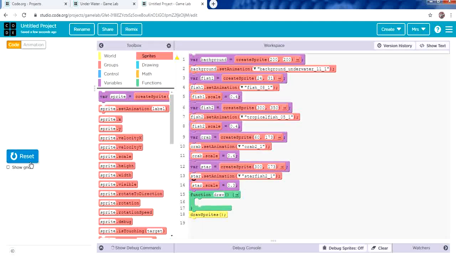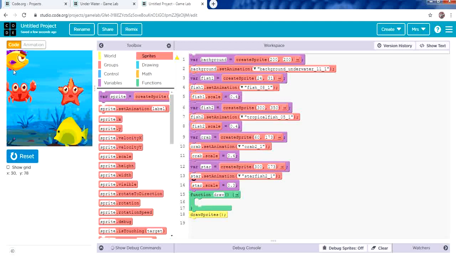Click run. Now we need to move the fish 1 from the left to the right. Moving from left to the right, meaning we are moving on the x-axis. Watch the value of x while I'm moving the mouse from the left to the right. Yes, the value of x is increasing. So we need to create an equation to increase the value of the x for the fish. While increasing the value of the x, the fish will be moving on the x-axis from the left to the